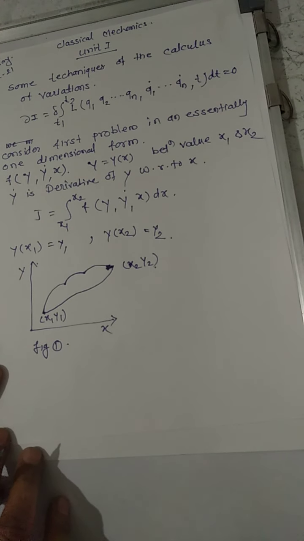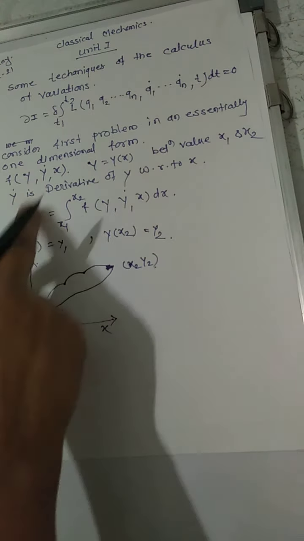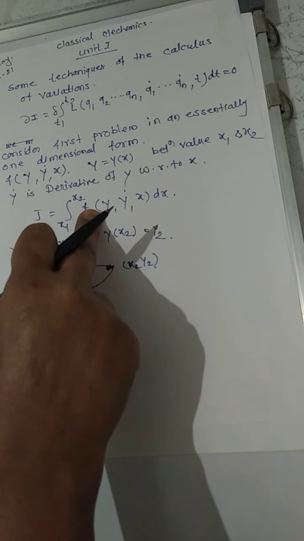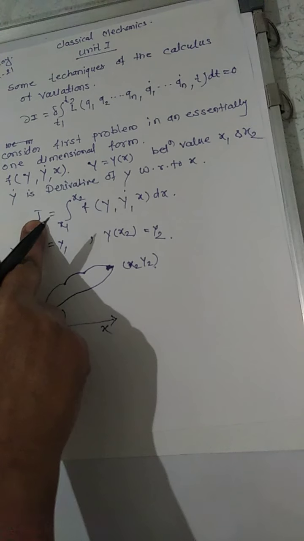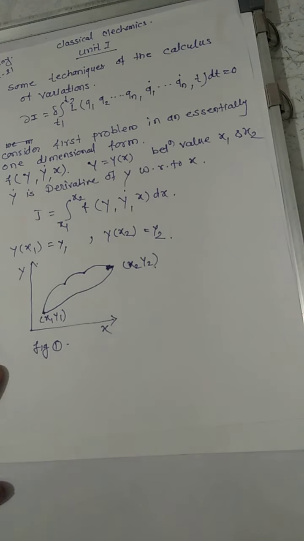In this figure, we put the problem in a form that enables us to use the familiar apparatus of the differential calculus for finding the stationary point of the function. J must have a stationary value for the correct path relative to any neighboring path. The variation must be 0 relative to some particular set of neighboring paths labeled by the parameter alpha.